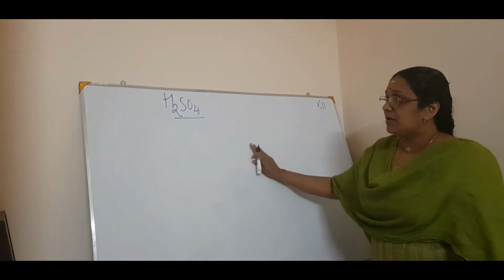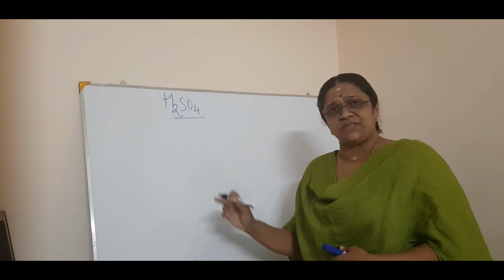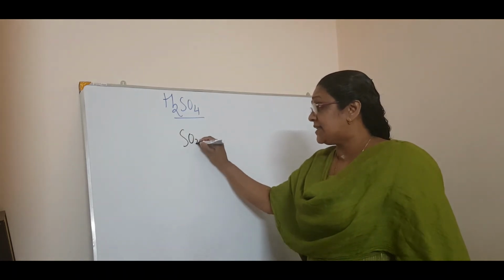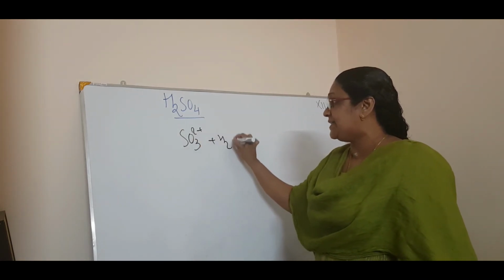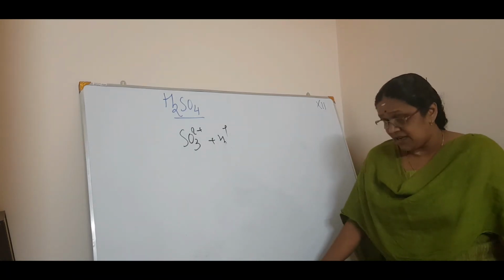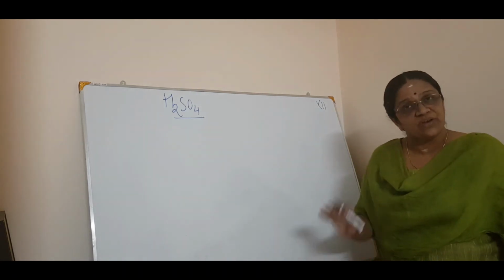So an exothermic reaction means a large amount of heat is given out. Now we will see. You all know sulfuric acid. We see many reactions where sulfuric acid is there. Even today we studied the sulfite ion plus sulfuric acid. So in almost all the reactions we are seeing sulfuric acid. Now the reactivity of sulfuric acid is due mainly to four reasons.